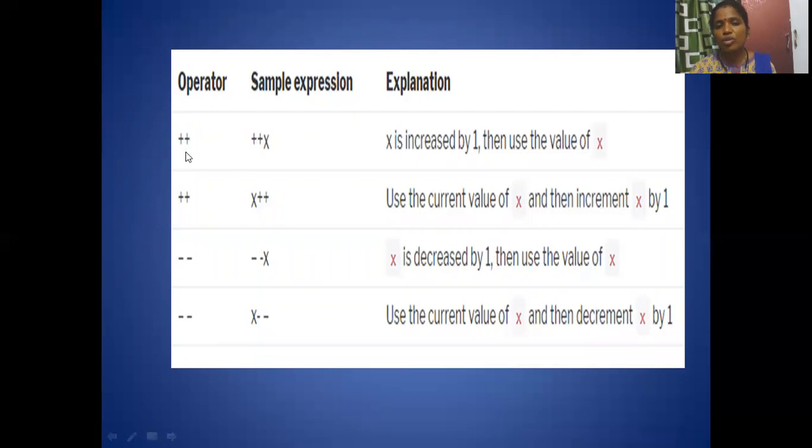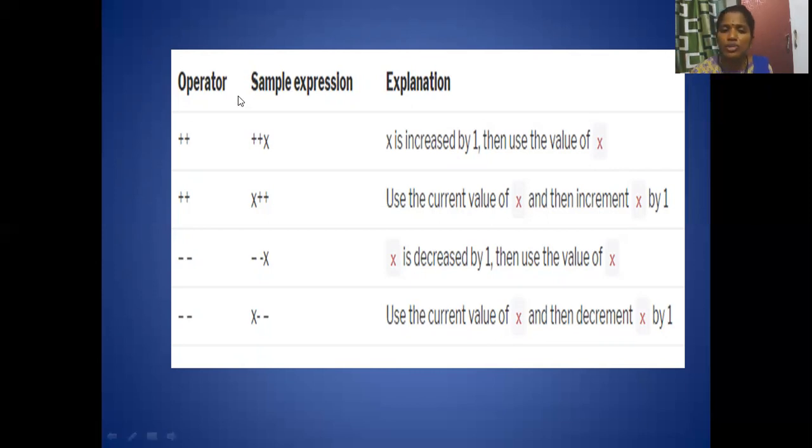So here I have given some examples. First, for the increment operator, if I write ++x, this is called pre-increment. So x is increased by 1 first, because of precedence and associativity from left to right. Then use the value of x.